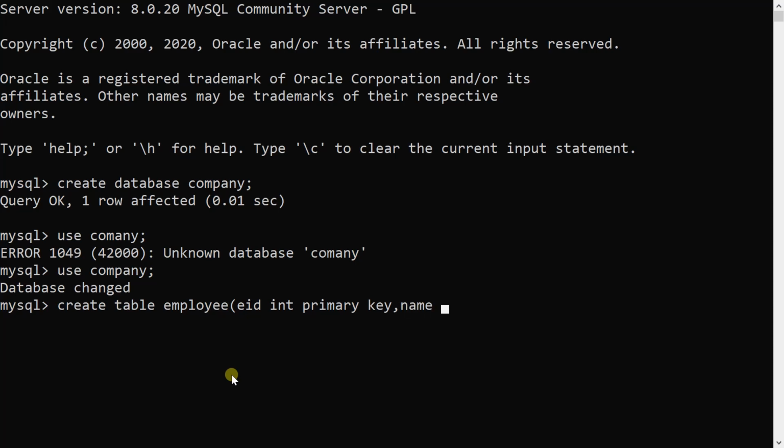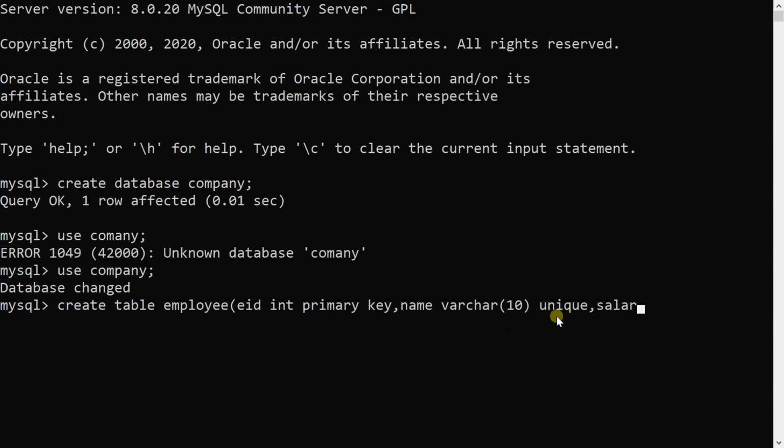The second attribute is name, its data type and unique constraint. If we apply the unique key constraint, it means the value for the name attribute should be unique for each and every row. Then what is the difference between primary key and unique key? Primary key cannot be null whereas unique key can be null. Both contain unique values, but primary key cannot be null whereas unique key can be null.